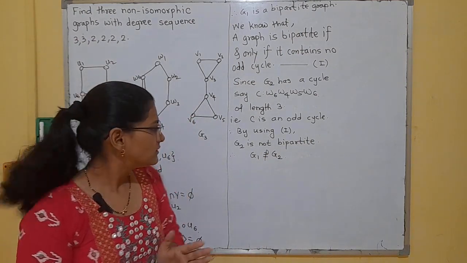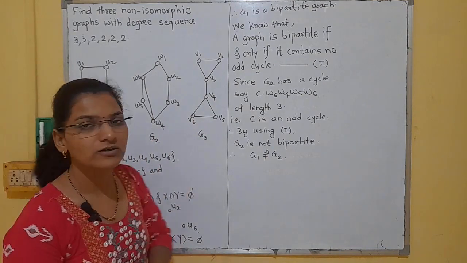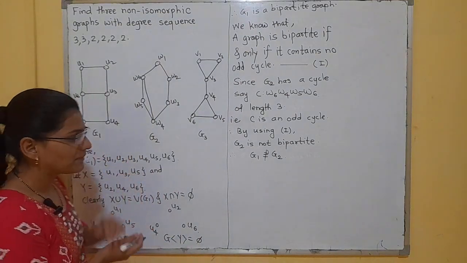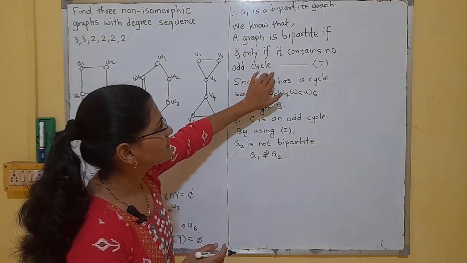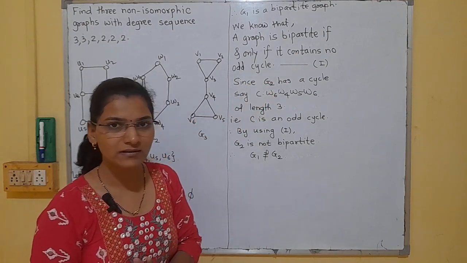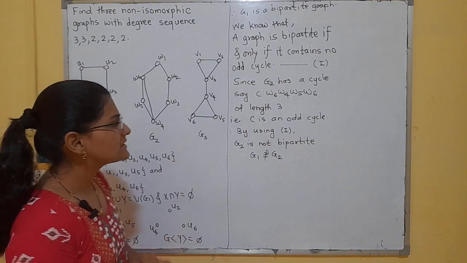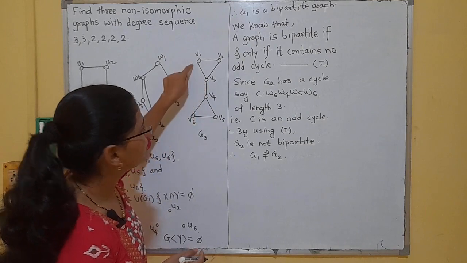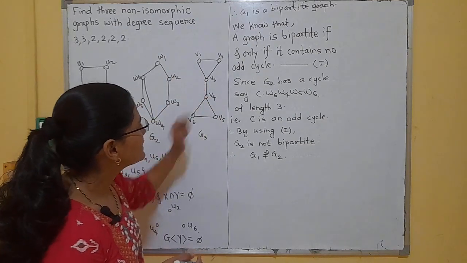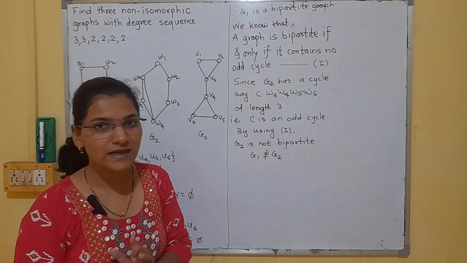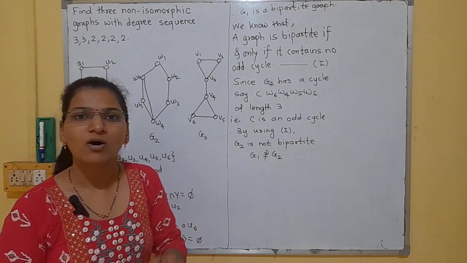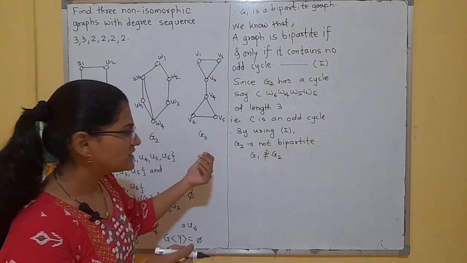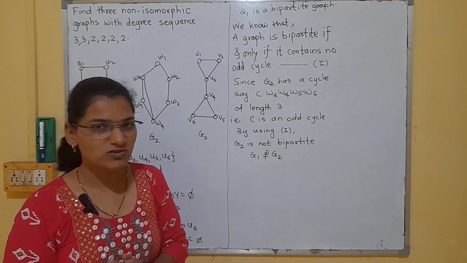Now our next claim is G1 is not isomorphic to G3. We will check how to prove it. Okay, so G1 is a bipartite graph. So by this result, G1 will not contain any odd cycle. That means each cycle in G1 is an even cycle. But if we consider G3, then G3 contains V1, V2, V3, V1 or V4, V5, V6, V4. That means G3 contains an odd cycle, but G1 does not contain an odd cycle. So this is one property which is different in G1 and G3. Therefore, G1 and G3 are not isomorphic graphs.